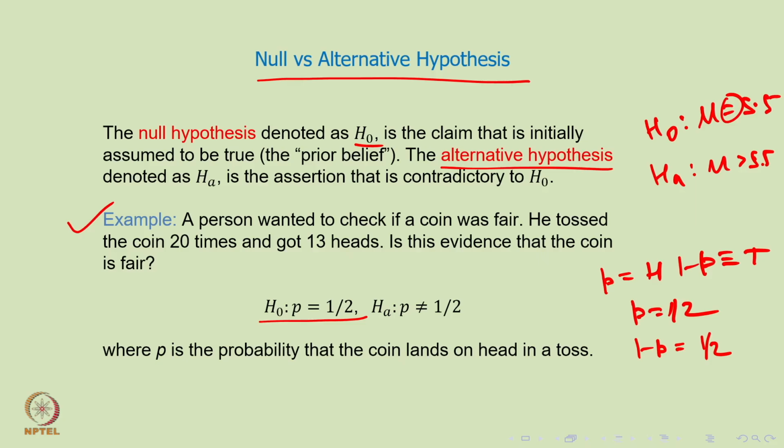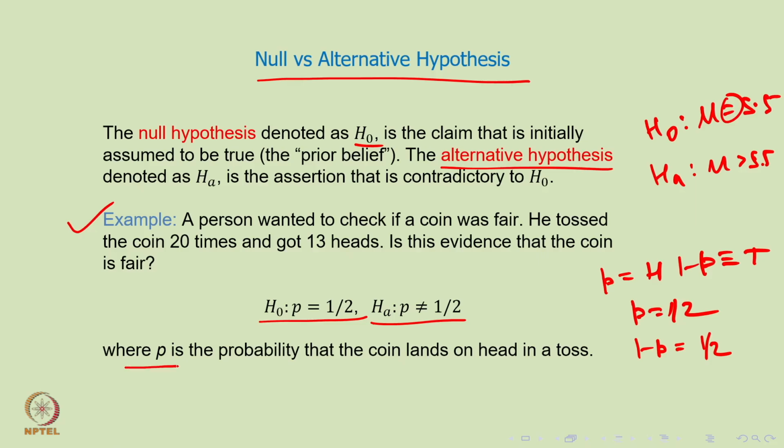Now again, let's say you want to check if the coin is biased or unbiased, a natural extension for the alternative hypothesis could be P is not equal to 1/2, isn't it? Now you're not concerned whether the coin is biased towards heads or biased towards tails. You simply want to check if the coin is biased or not biased. Make sense? So whatever the base assumption is, you always put that in the null hypothesis, and whatever you want to test for, you put in the alternative. So here in this case, my H naught would be P equal to 1/2, and my alternative would be P is not equal to 1/2.